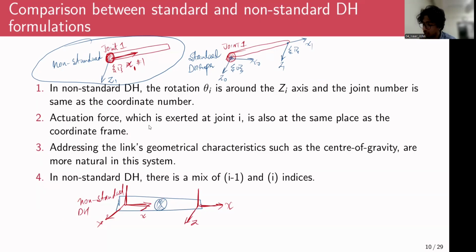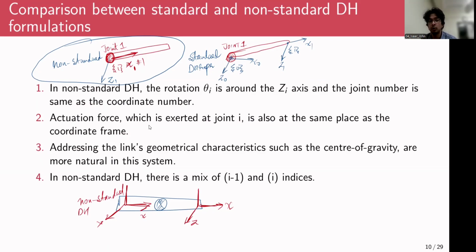And the fourth point is that in non-standard DH, there is a mix of i minus 1 and i indices. That is probably only a small hiccup that we have to make, right? Because as you know, to map the position and orientation between two frames, i minus 1 and